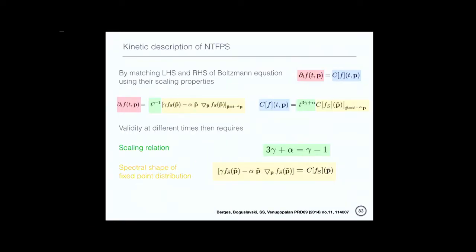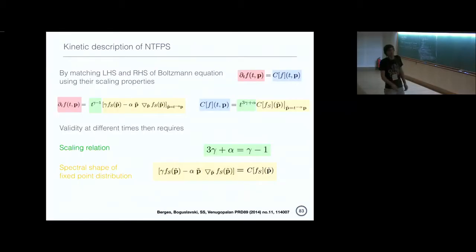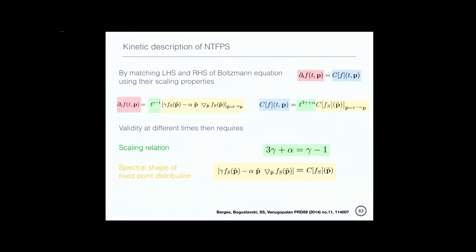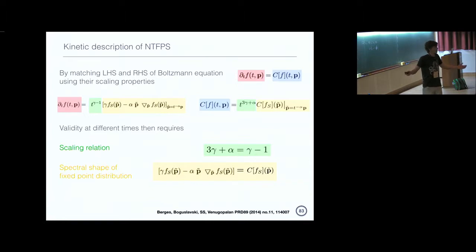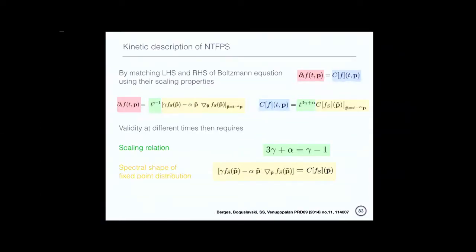But then plugging in this kind of an ansatz, you have this factorization happening on both sides. And so for this equation to be valid at all times, essentially what has to happen is exactly two things. On the one hand, these yellow things which encode the momentum dependence have to match. But on the other hand, the time dependence on both sides also has to match. And so what you find is that this rather complicated equation actually decomposes into two conditions.